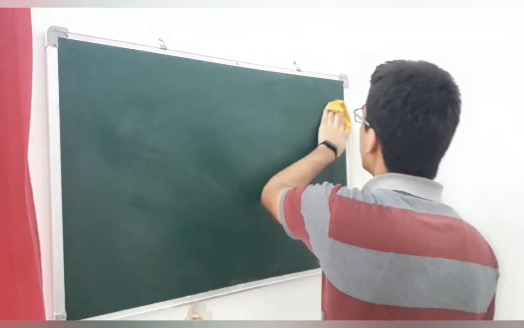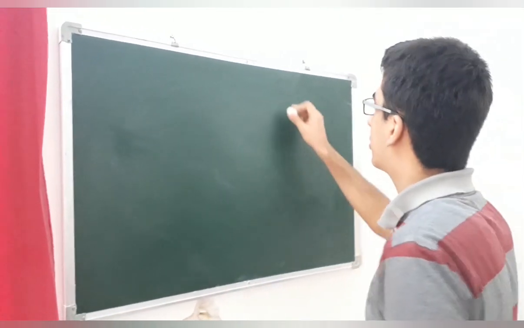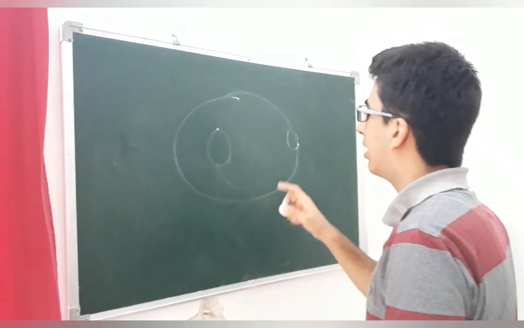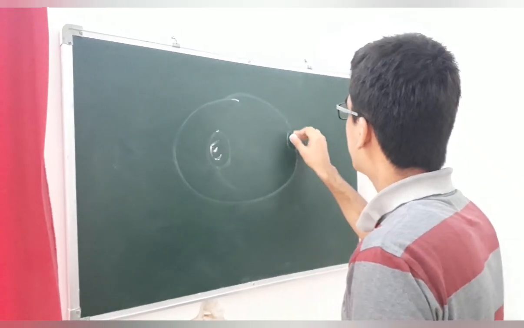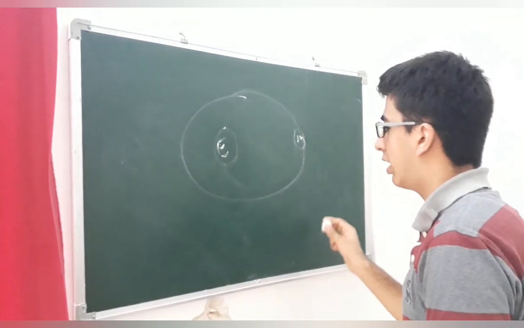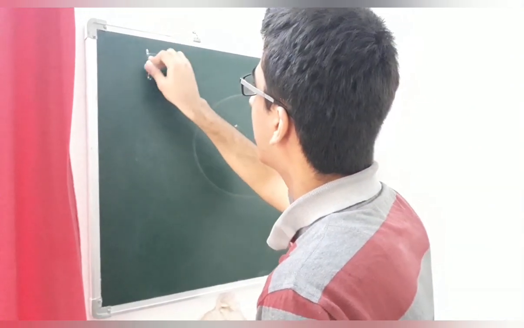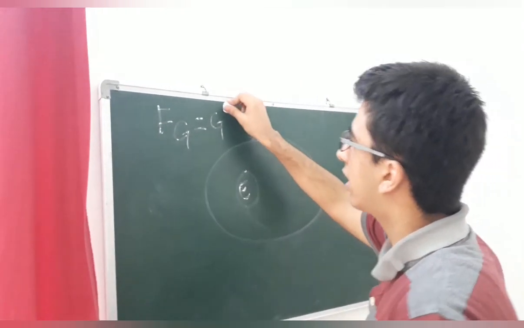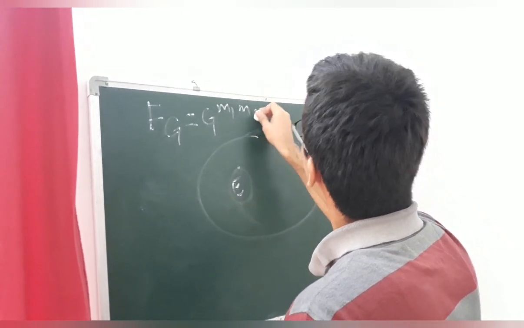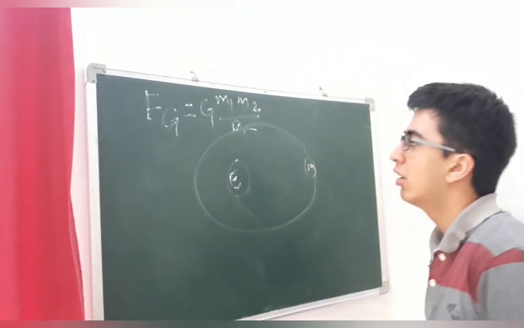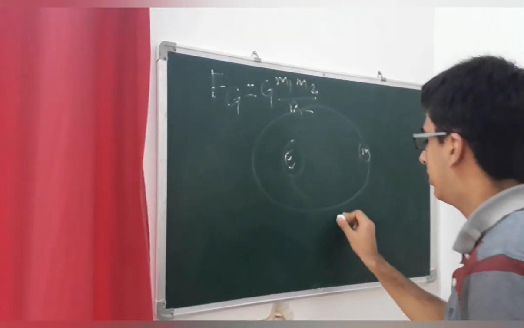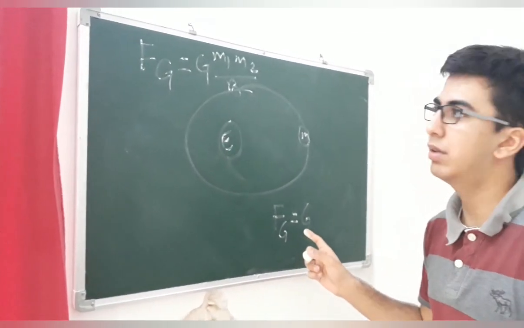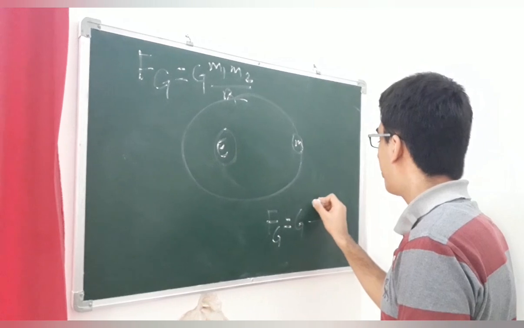So about the gravity that I was talking about, the gravity of any two masses is normally given by this. This is the earth and this is the moon. I'm just going to state the formula first and then I'll explain in detail. The formula of gravity is F of G equals G, the gravitation constant, times m1 times m2 over r squared. In our context, the force of gravity equals the gravitational constant, that's just a number that we use to find gravity, times the mass of the earth.